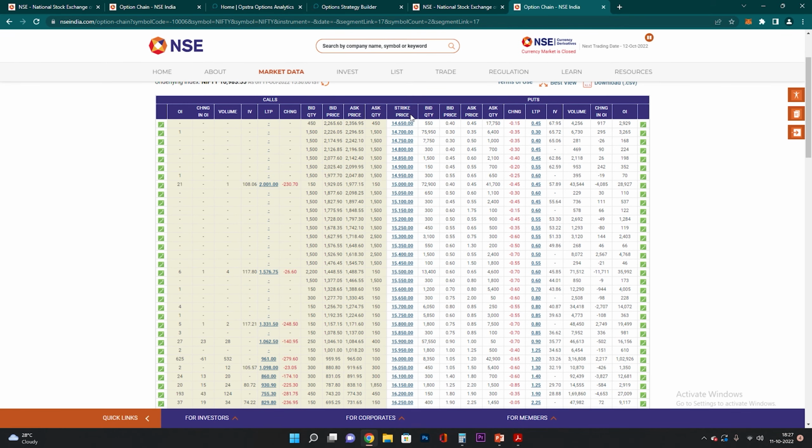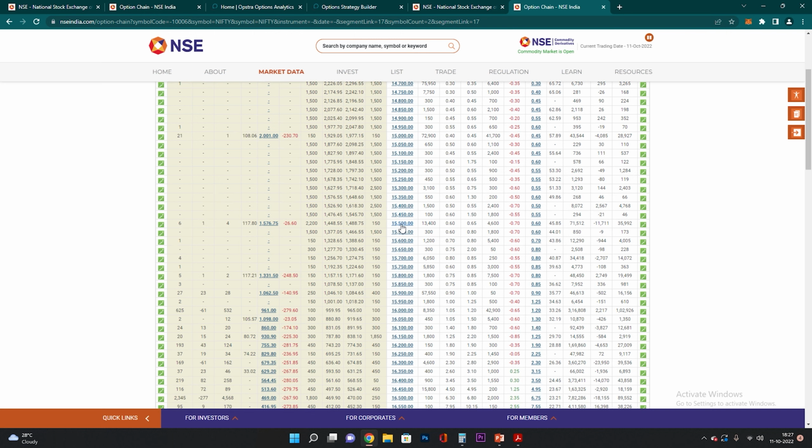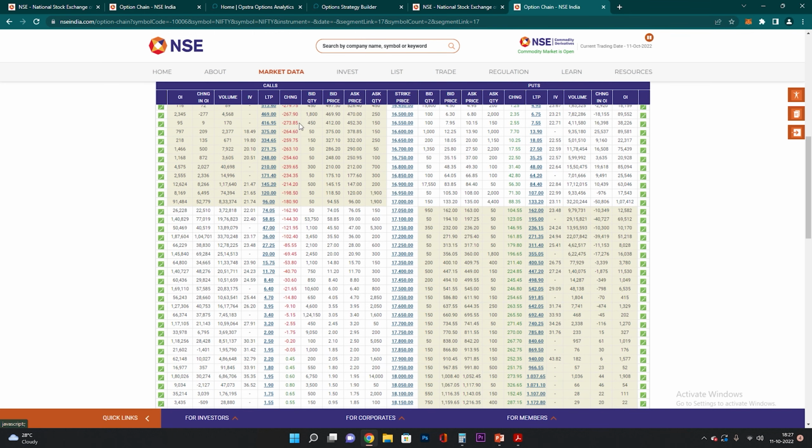I'm circling it, strike price. These are the rest of the strike prices. This left side is calls, right side is puts. When the spot